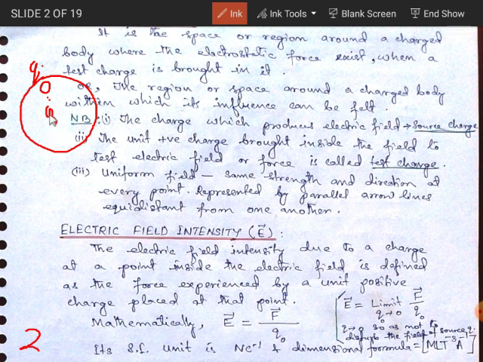But when this test charge Q naught is brought somewhere here, as it is inside the field, the force of attraction or repulsion will surely be there. So that region or space surrounding this charged body where force of attraction or repulsion exists when such a test charge is brought in it. Got it? Yes. Next,